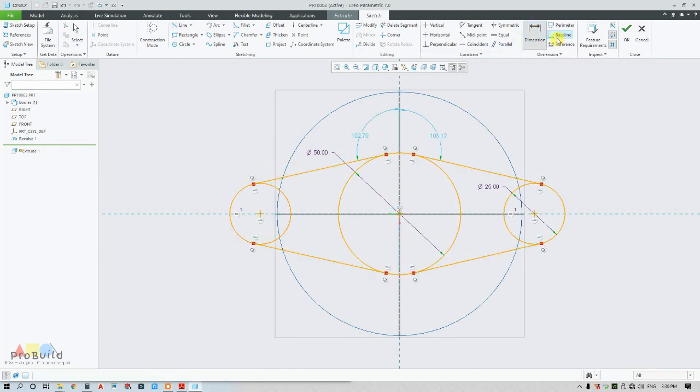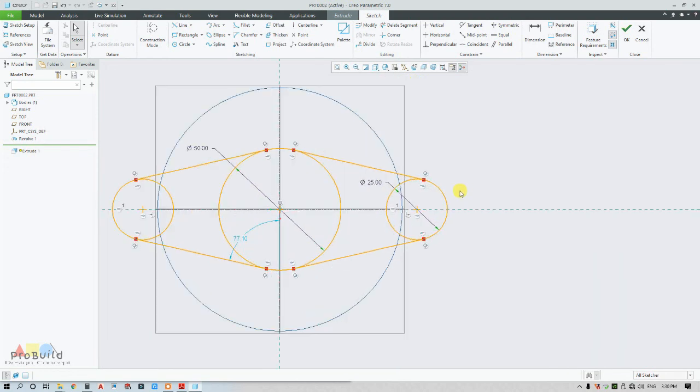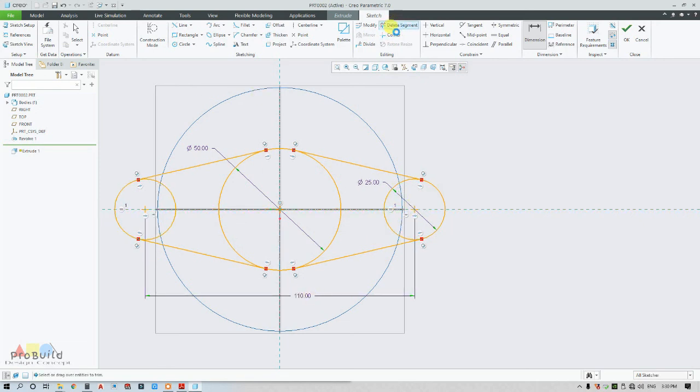Now I need to make this symmetric, so I'm going to select the center point of each circle and make it symmetric. Okay, now I need to make the offset distance, so I'm going to keep it as 110. Now delete unwanted segments.